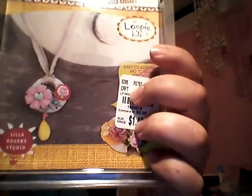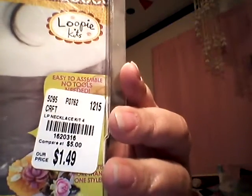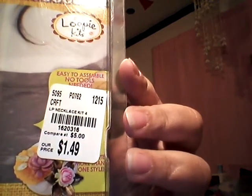And then here's what you can make with this one. And what you see here is what's inside the package. This one was $1.49. Here's the number on that. And that's everything I grabbed at Tuesday Morning. There wasn't much of any other new items that I've been seeing people pick up. So, but I got the molding paste, which is one of the reasons I went, is to see if they